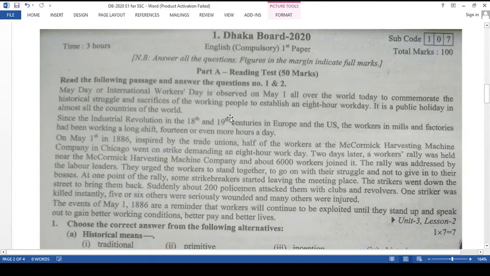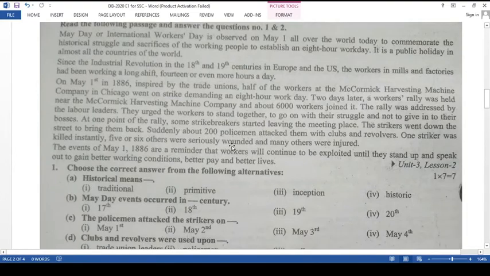That is about the May 1st or the May Day or the International Workers' Day. The passage is dealing with that. So we are not going to read the passage. Rather, we'll just solve out the questions. The first one, MCQ,